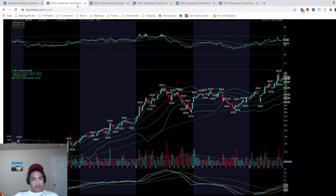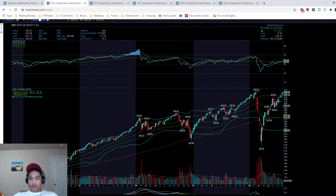So let's just pull up the SPY real quick. With the SPY, we were talking about that 327 area as a line of resistance based on the weekly chart, as it was consolidating in this area right here from 322 down to 295, ever since back in June. We finally got the breakout above that top one standard deviation Bollinger Band, sitting right at around 327, and there's really nothing above it besides that 335 price point, which was the last high before we had that sell-off